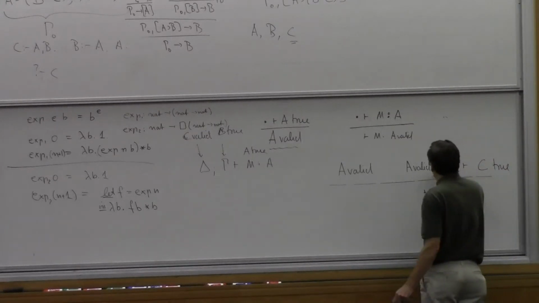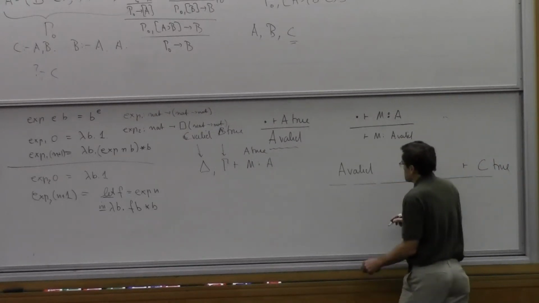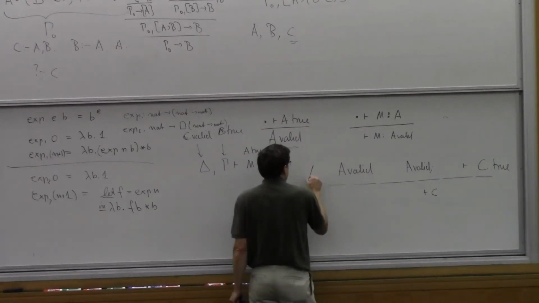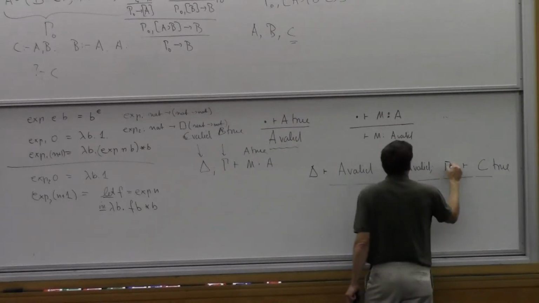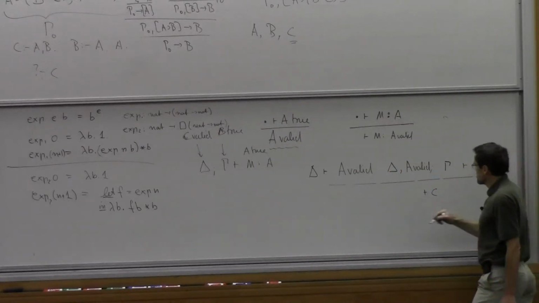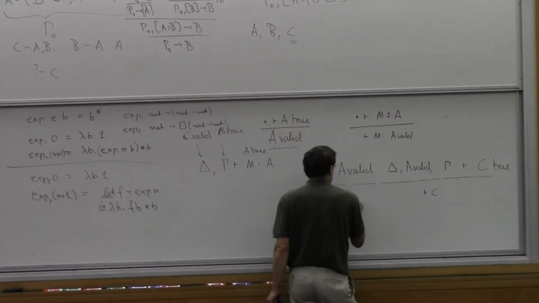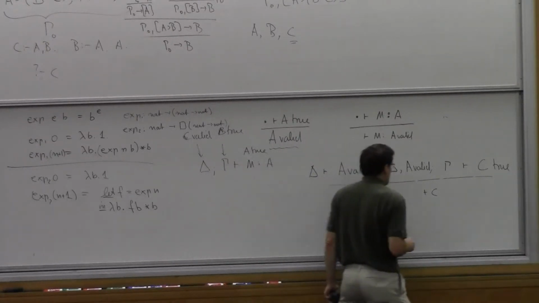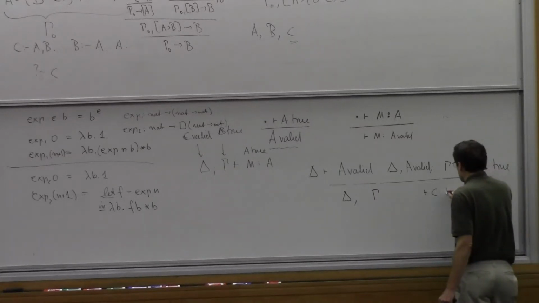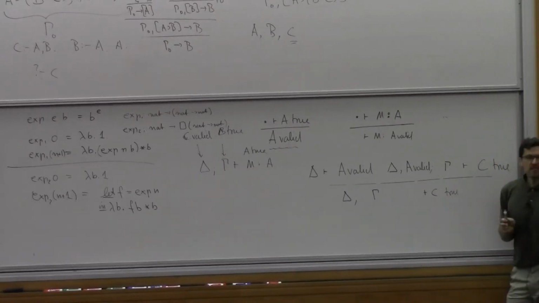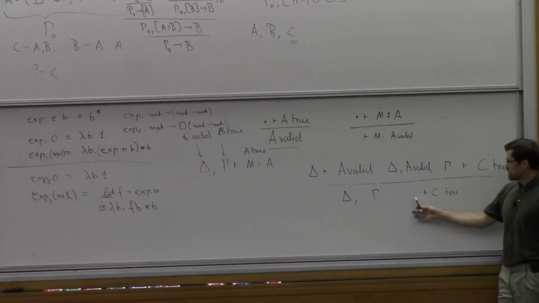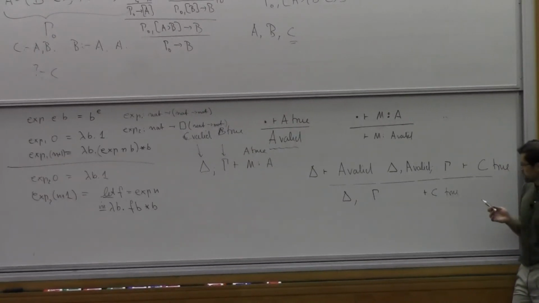And so now I'm just going to annotate this. And then in the conclusion, I get all the things in delta which are supposed to be valid, and I have gamma which is supposed to be true, and this is going to be true. So if I know that A is valid, I'm allowed to make the assumption that A is valid. And then by substitution, I can get a proof term down here that corresponds to the proof of the result.